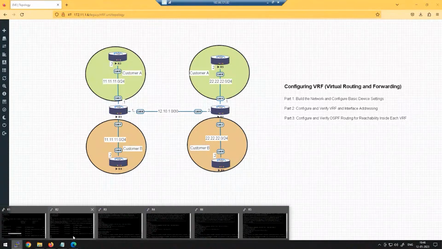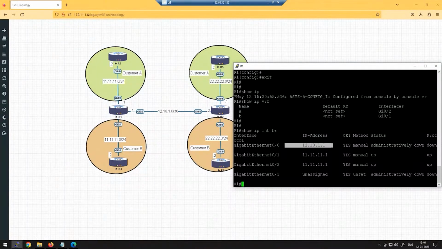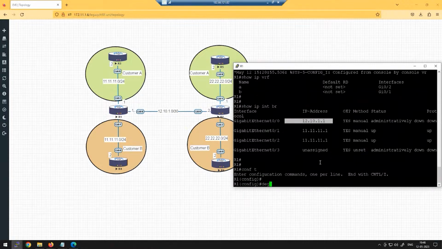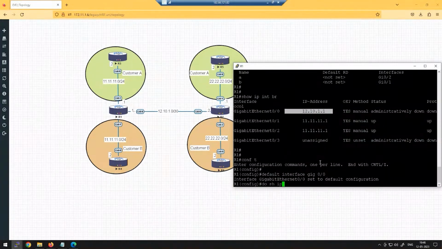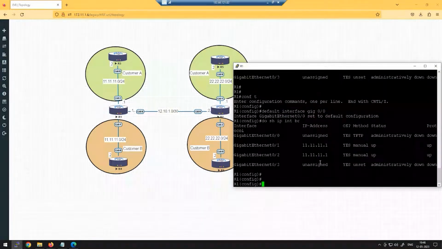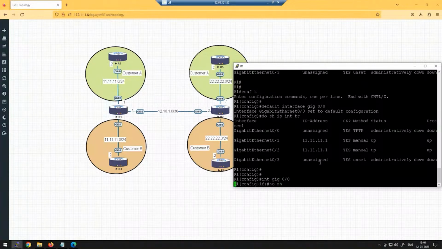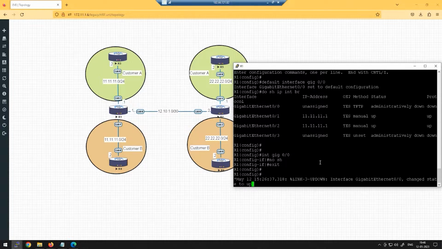So I'll just put the configuration first of all for customer A to customer A connectivity. Let me first do that. I'll remove the IP from gig 0/0: config t, default interface gig 0/0. Do show ip interface brief. Now we no longer have any IP on that. So let's go to gig 0/0 and make it up first of all. No shutdown, exit. Once the interface comes up, I'll begin the configuration of